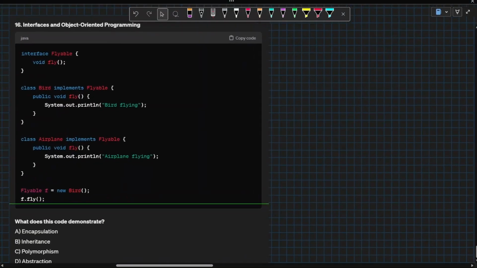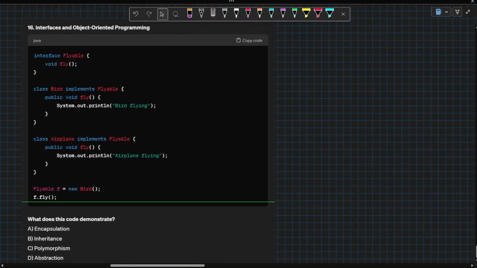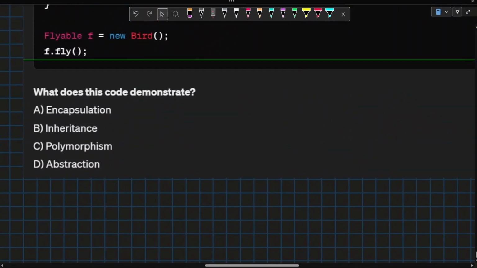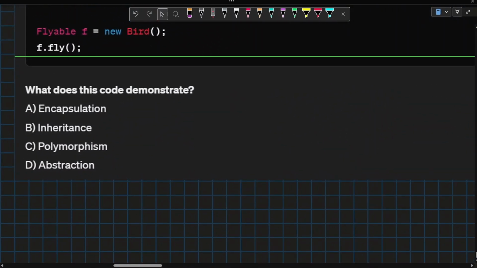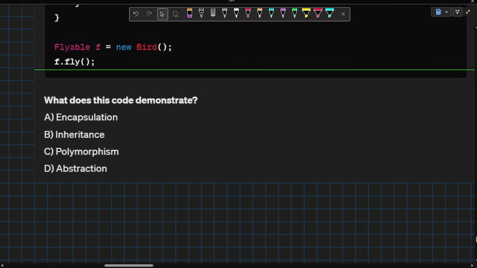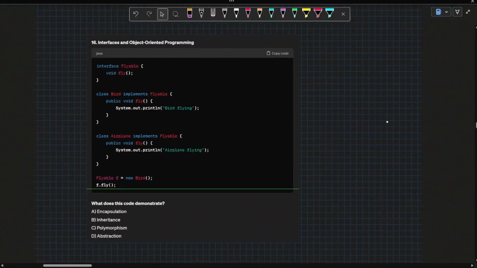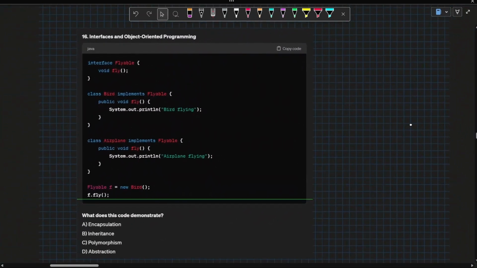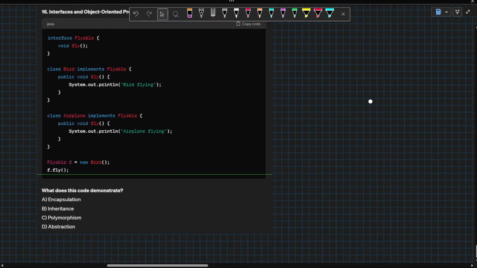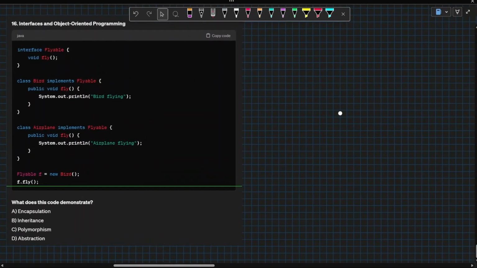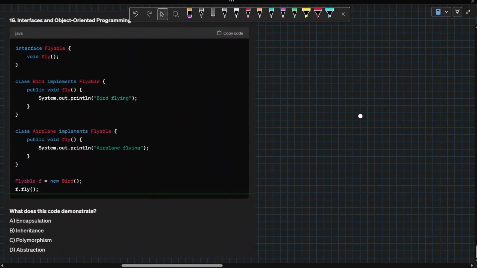So we have a problem, and it's on the topic of interfaces and object-oriented programming. Our question asks us, what does this code properly demonstrate? Is it either encapsulation, inheritance, polymorphism, or abstraction? I think it'd be sort of reductive and useless to just give you the answer. So let's instead go over these 4 topics and allow you to gain some formal understanding of what they are